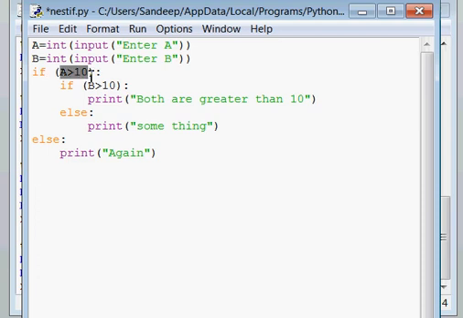And if this one condition is true and this is false, then your control will come to this else and print something. In the same way, if this condition is false, then your control will come to this else, which means this else is a part of the outer if.